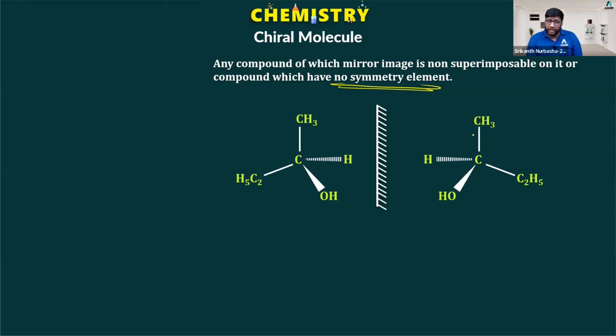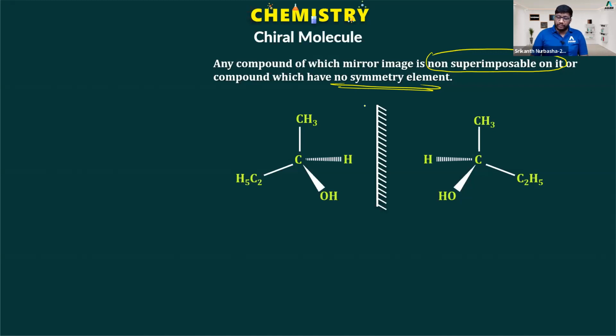Mirror, if you just keep a plane mirror, not a concave or convex mirror as used in ray optics, you just keep a plane mirror. When you keep a plane mirror, the hydrogen which is supposed to be away, that will be the same. Like you stand in front of a mirror, you will get a mirror image, right? Any compound whose mirror image is not superimposable on the original object, then that compound is said to have chirality,